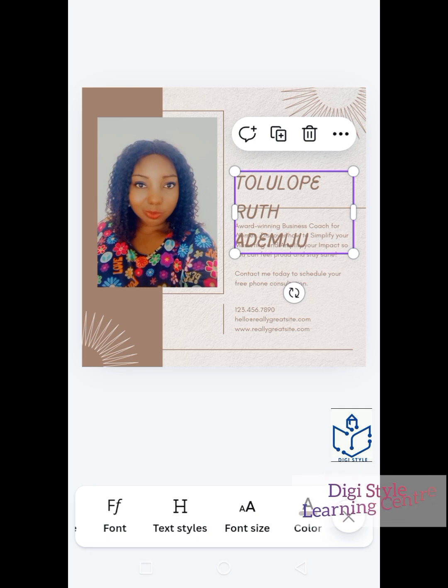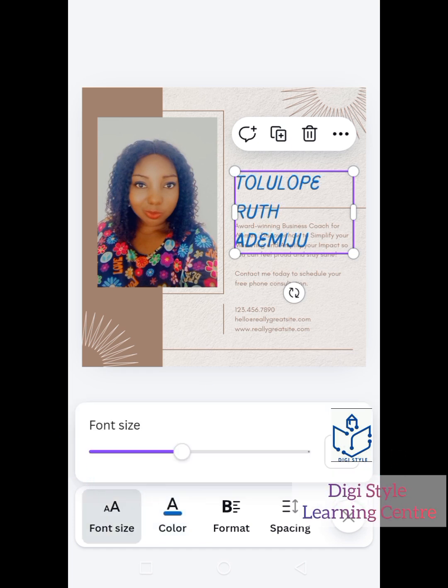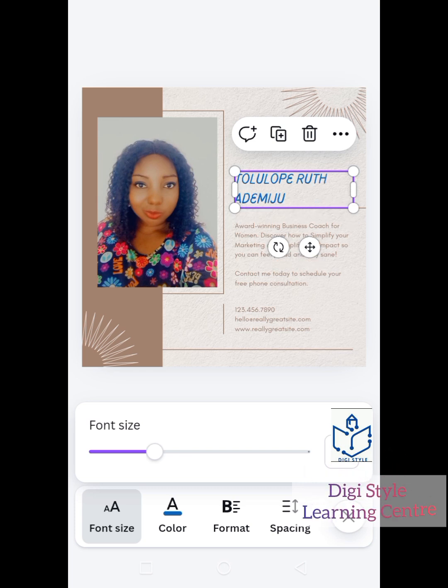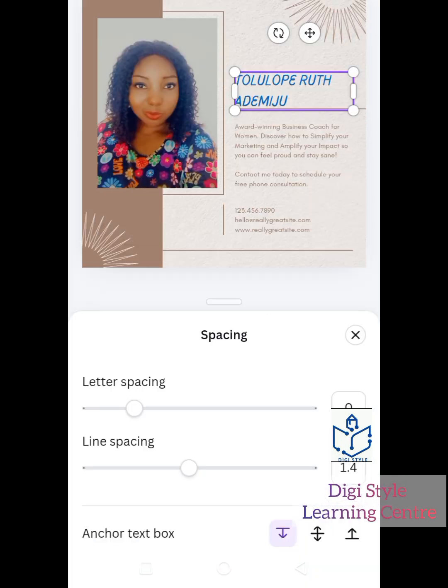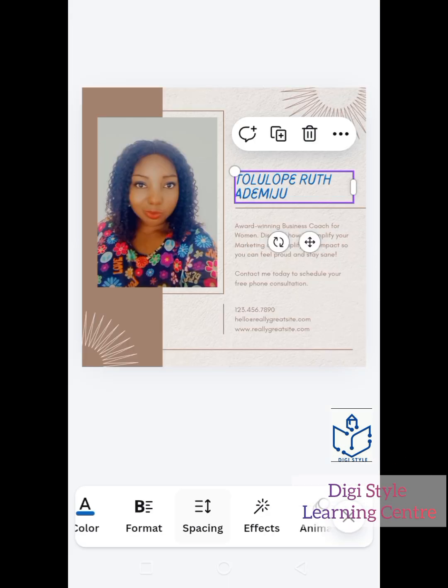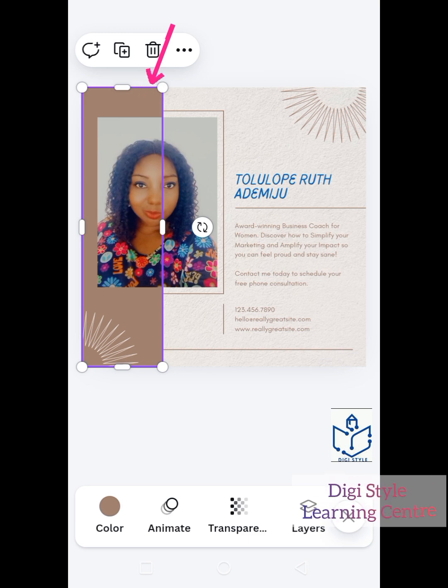So I'll go ahead and adjust the color to the color I want. I think I prefer color blue, that's my brand color. And I also adjust the size to make it look much more decently placed at that particular place. So I also do the line spacing so that the space in between will be covered reasonably. All right. So I'll go ahead and work on the background by clicking on the background, the darker